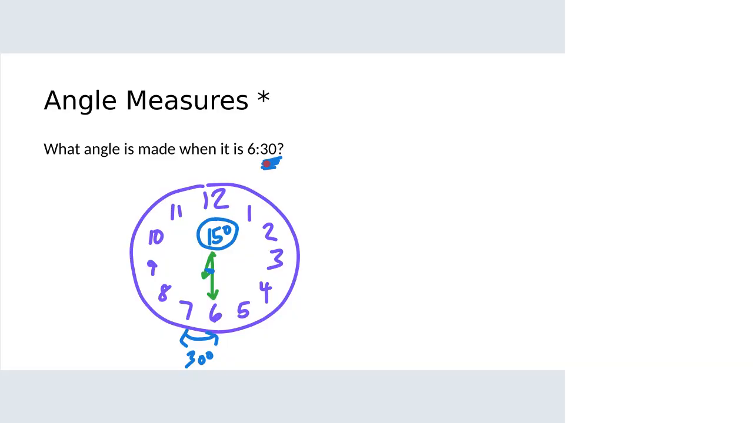When it's something 30, now it's halfway between the numbers. The hour hand is halfway between the numbers. So keep that in mind when you go to figure out the angle, because that's going to play